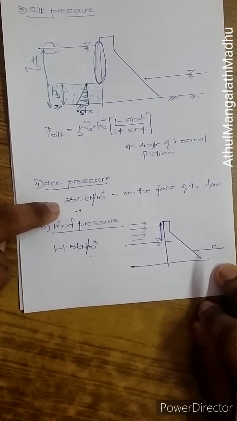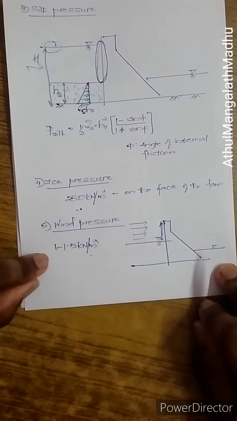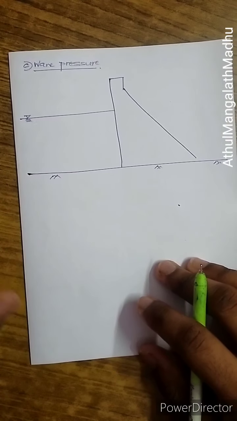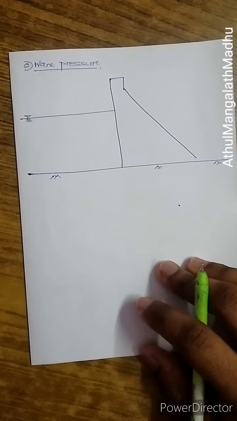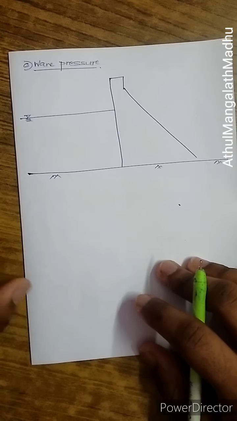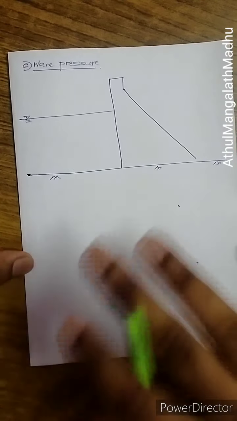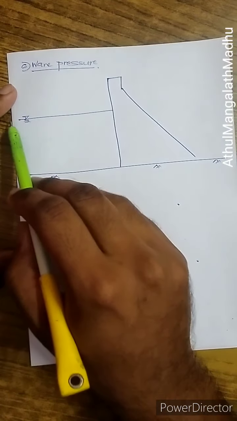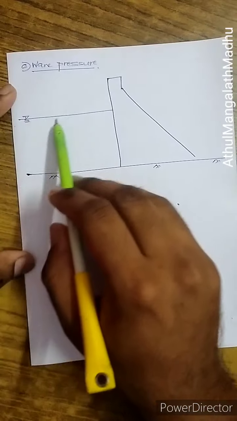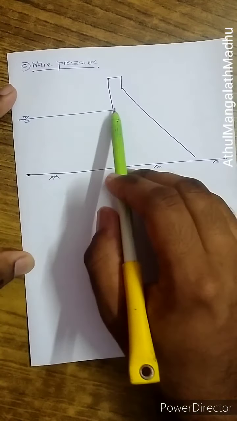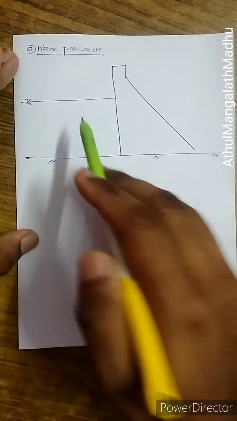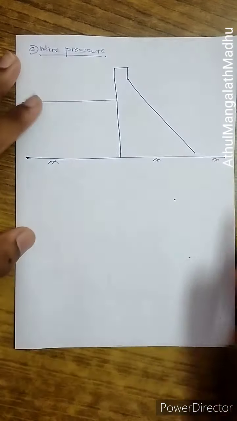Ice pressure will be 250 kilonewton per meter square, and the wind pressure will be 1 to 1.5 kilonewton per meter square. So next is one of the important things, wave pressure. You can expect some questions exclusively from wave pressure. And the waves in this dam occur because of the wind effect. When wind is exerting a force on the water, water starts to wave, and it starts coming and giving an impact on the surface here. So you'll be having a wave on the surface. Wave is a surface phenomenon, so you'll be having a wave because of the wind.